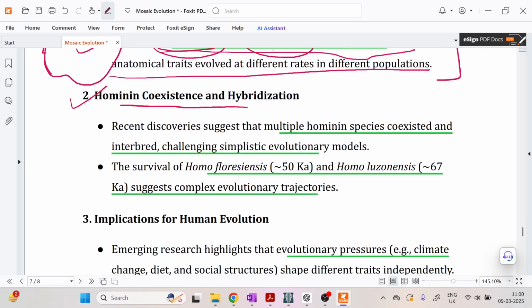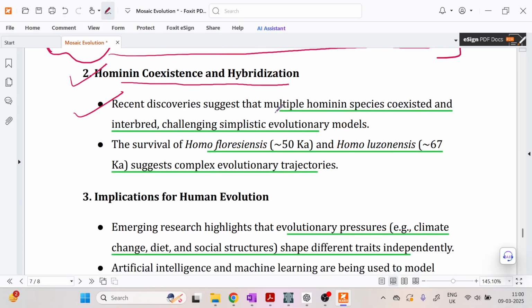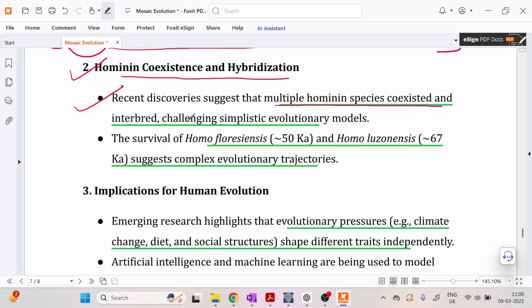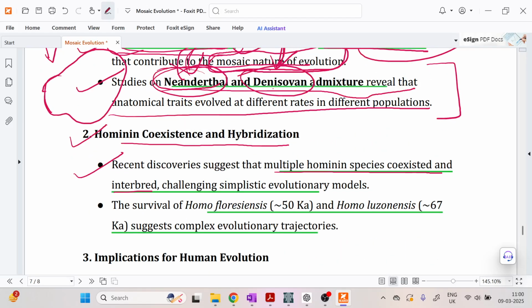The second, hominin coexistence and hybridization. So it also discovered that multiple hominin species coexisted and interbred. Yes, यहाँ पे जो Neanderthal, Denisovans का, even Cro-Magnon, Grimaldi, इन सब के बारे में भी ये जो multiple hominin species हैं, including the ancestral one, जितने भी Australopithecus species हम देखते हैं, Paranthropus, Robustus हो गया, Ardipithecus, Ramidus हो गया, Tugenensis हो गया, जितने भी ये species हैं Australopithecus की, Homo habilis की, all of them they coexisted, means